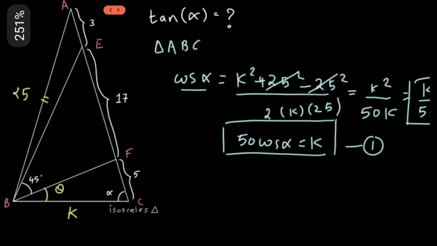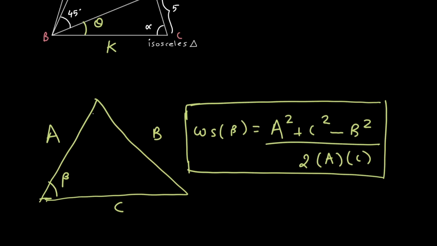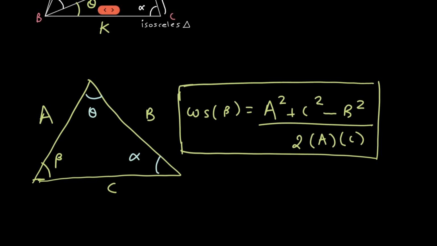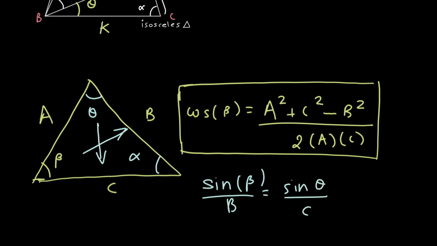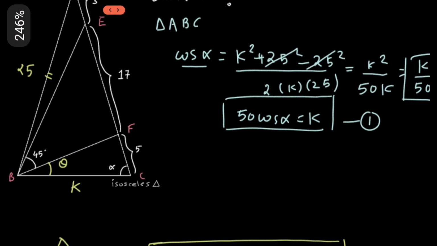Okay. Now we will use the sine rule. Again, if you have any triangle like this, I will take the same triangle. One of the angles is beta. Suppose the other two angles are theta and alpha. Then the sine rule says that the sine of the angle, take the angle beta, upon its opposite side, that is B, would be equal to sine of theta upon its opposite side, that is C, and this ratio would be equal to sine of alpha upon its opposite side, that is A. So in any triangle, if the three sides and the three angles are given, we can use this sine rule. Okay, so here also I will use the sine rule.